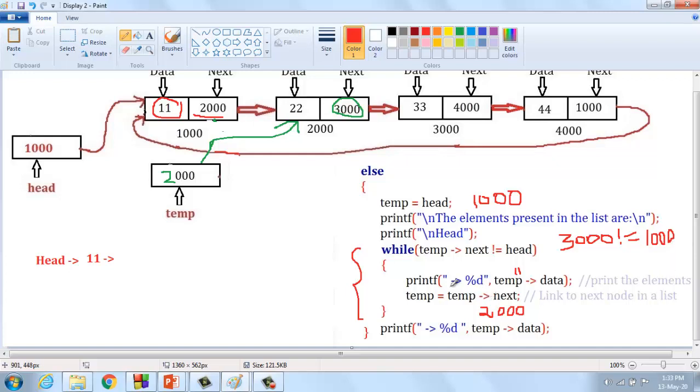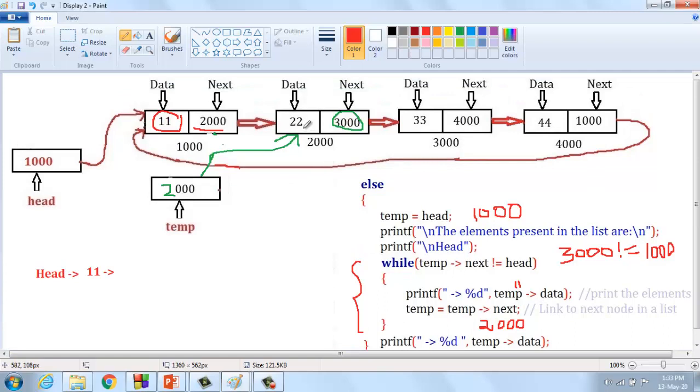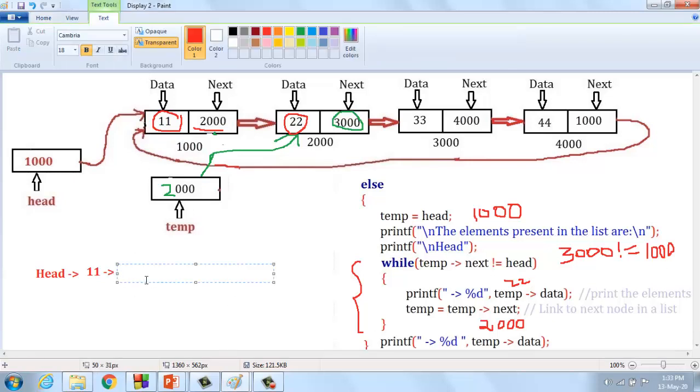Enter inside the loop. Arrow %d, this will print percentage d comma temp of data. What is temp of data? Temp is 2000. 2000 of data is 22. Have you understood? Here it should be changed into arrow 22.